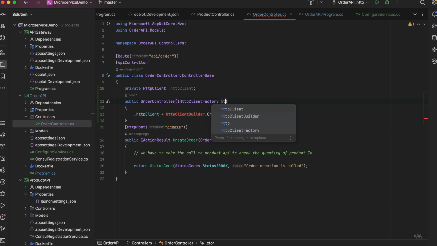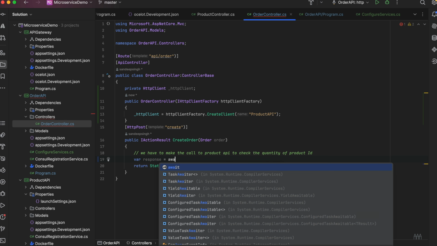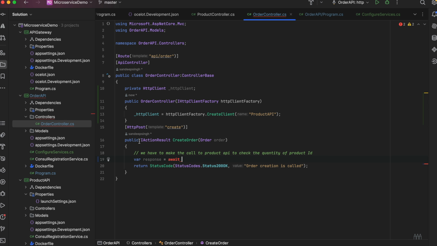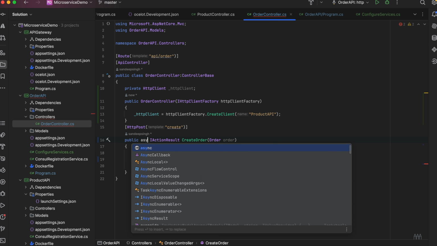Let's call it HTTP client factory. Copy, paste it here. Okay, now we're going to make the call where a response is equal to await, because we are going to make the call to the other API. It's going to be an async call. So we can use the async here.